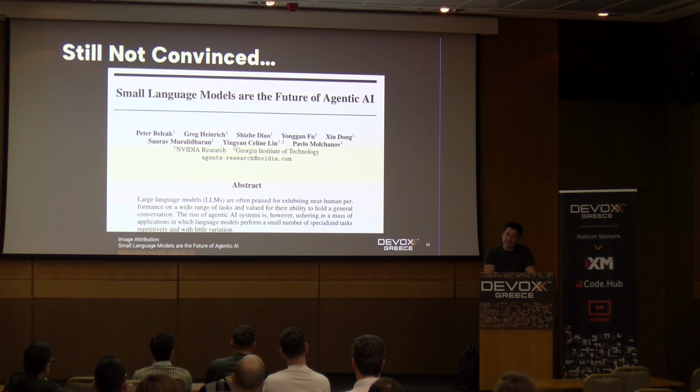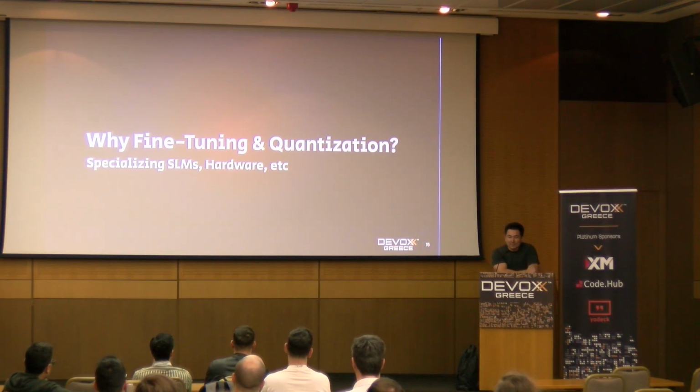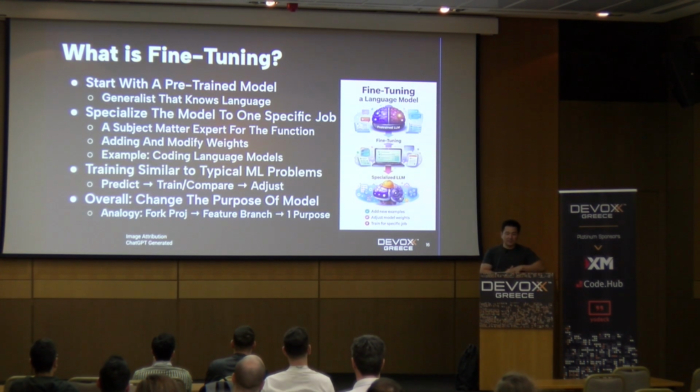And so we're going to dive into this a little bit in the next section. We're going to talk about fine-tuning and quantization: first, what they both are, and how we apply them to small language models. If we're going to try to use small language models more frequently to reduce our costs for running our agentic systems, we have to have, one, the ability to target the actual hardware that it runs on.